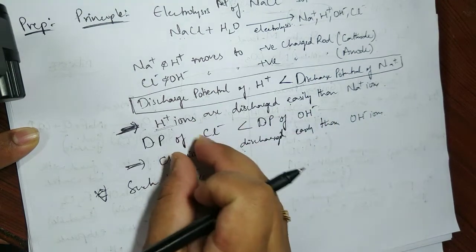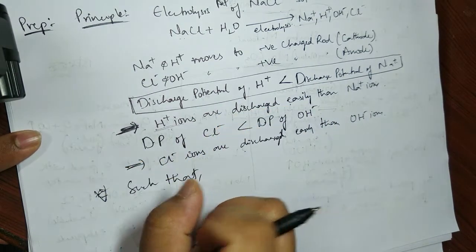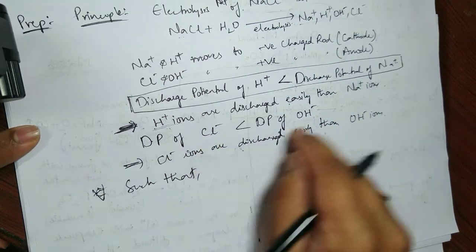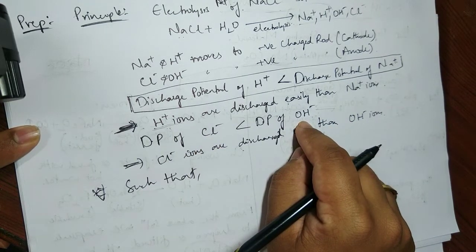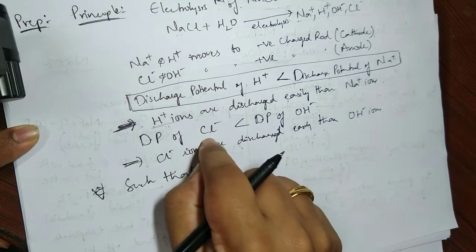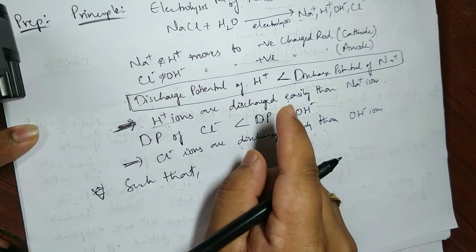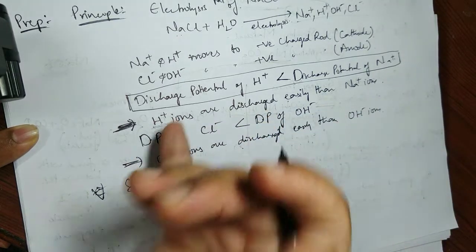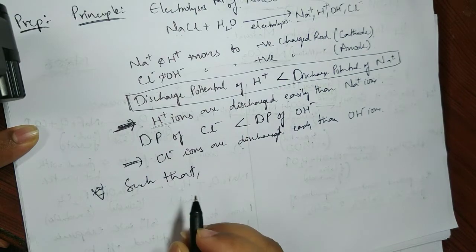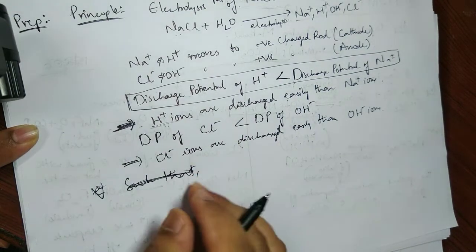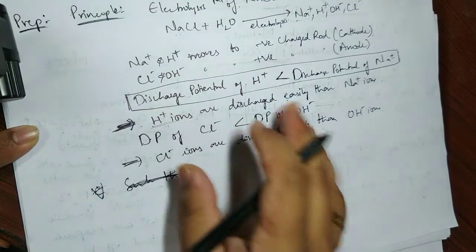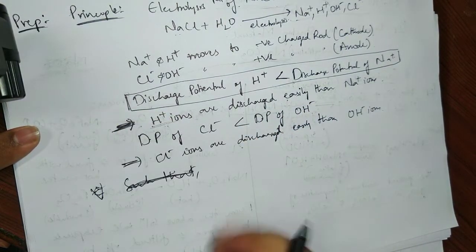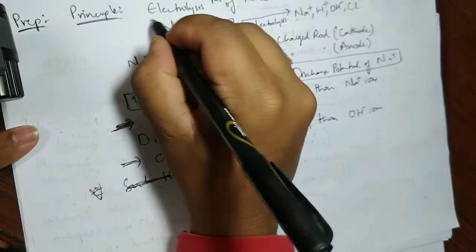Two H plus ions accept two electrons and hydrogen gas is liberated. Similarly, between Cl minus and OH minus, whose potential is lesser, Cl minus, two chloride ions will come together and form chlorine gas. So the bottom line is, because the potentials are lesser, they come out as hydrogen and chlorine gas. I hope you understood. So the fundamental point is, whatever the process that happens from NaCl, electrolysis is compulsory.